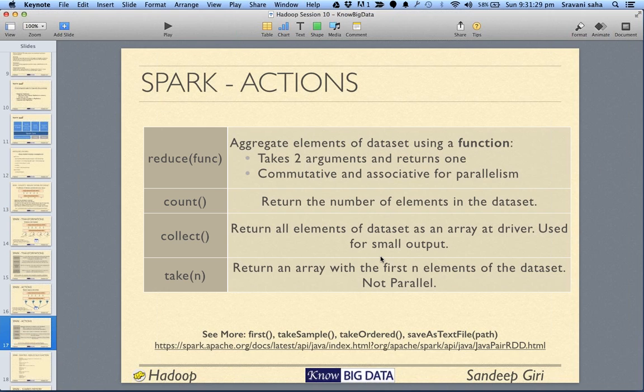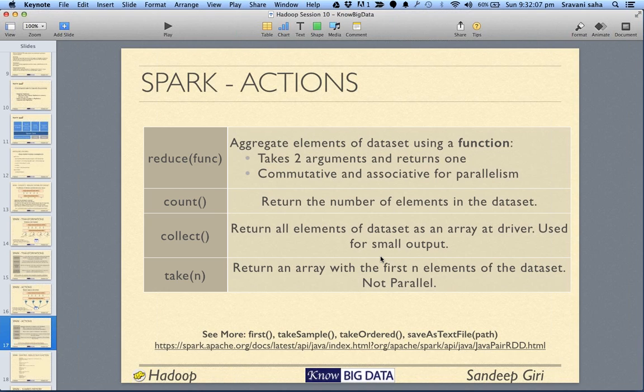All right. Difference between action and transformation. Transformation converts one RDD into another RDD, and action converts an RDD into a local value. Action is the one which causes the execution, which does something. Transformation does not result in any execution. Transformation is like a step saying, okay, fine, you told me to transform, I will transform when you run any action. So that is the biggest difference between action and a transformation.